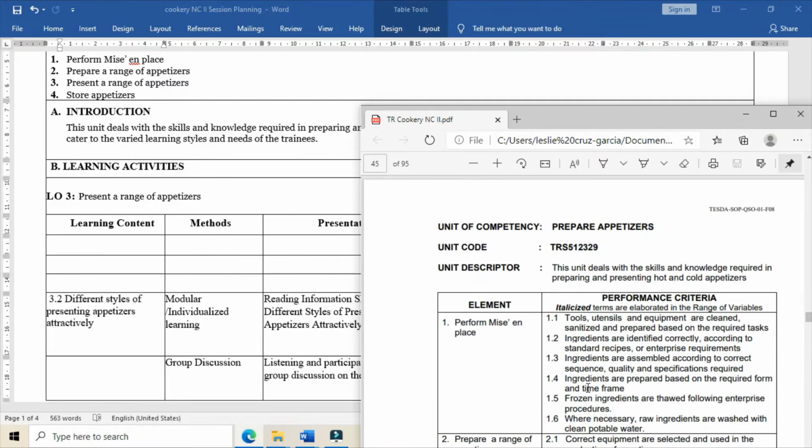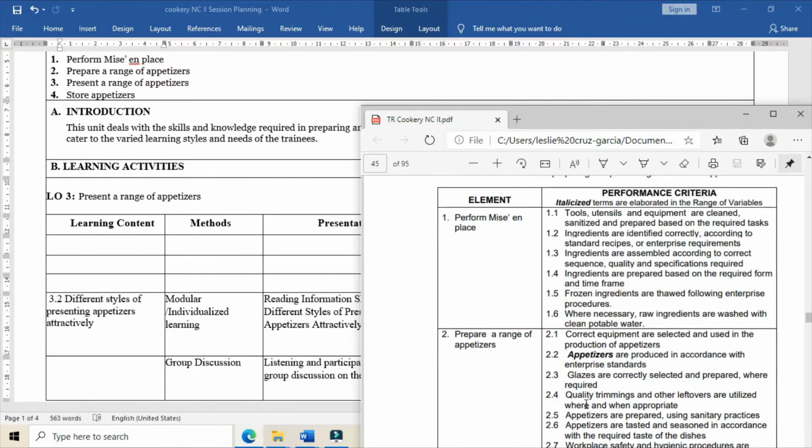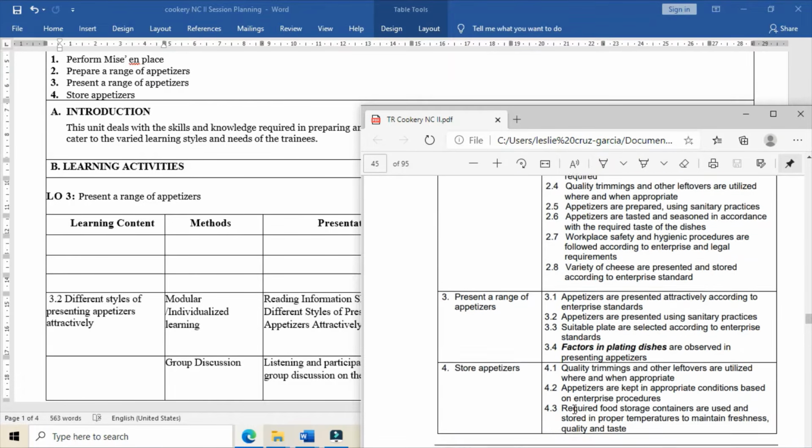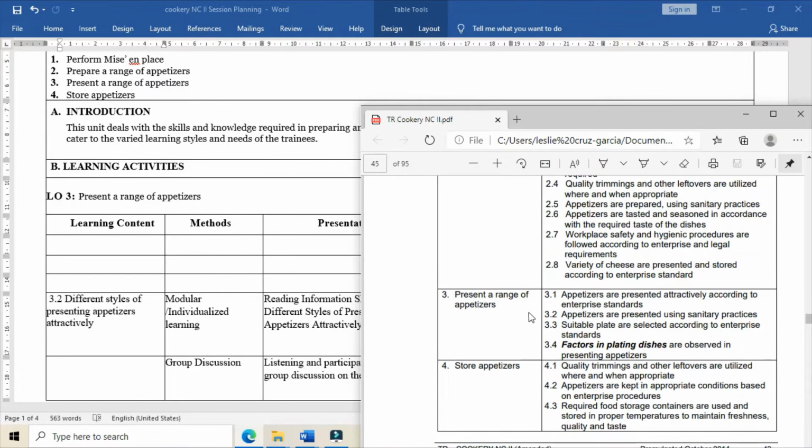Upon reading the training regulations, you can determine the knowledge, the skills, and the attitude the training must cover. So for instance, focusing on the learning outcome, present range of appetizers, I determined that the trainee must have knowledge on the different factors in plating